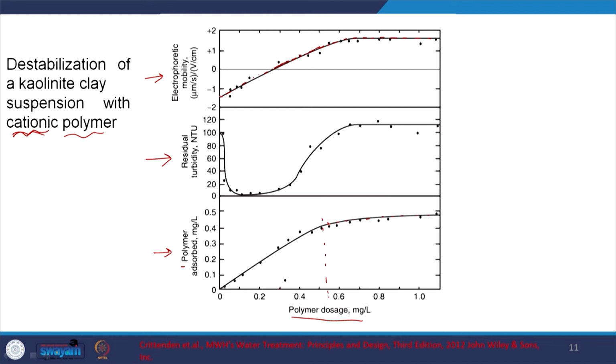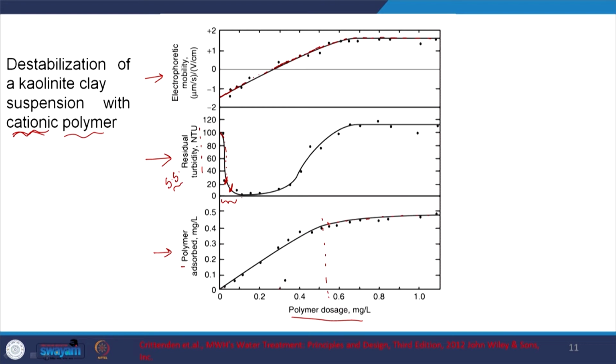So, in this zone what do we see? It is negative. So, if I add alum, it is going to be a sharp decrease, as in I am going to decrease the thickness of the electrical double layer by increasing the ionic strength. So, there the particles can come together and I see that the turbidity is decreasing a lot, right. Turbidity is giving me an idea about the suspended solids, right, and it is decreasing. So, it stays the same. So, here it looks like it is the optimum dose here or here, depending upon to which extent you want